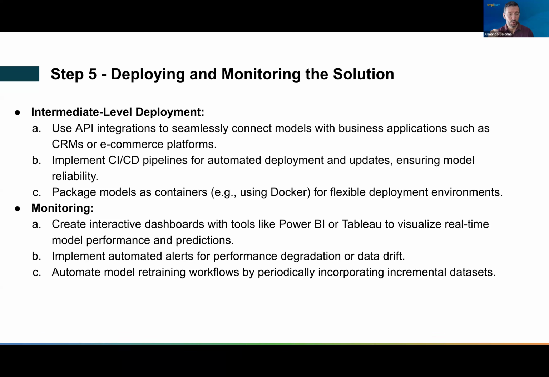And you can even set up alerts every time your performance drops below a threshold, for example, so that you get an email notification like, hey, by the way, your model is not getting the performance that it used to get, so you may want to do something. And based on that, there are also workflows to maybe retrain a model, collect new data, and then do all the process over again.